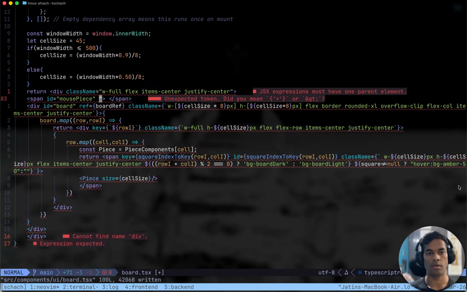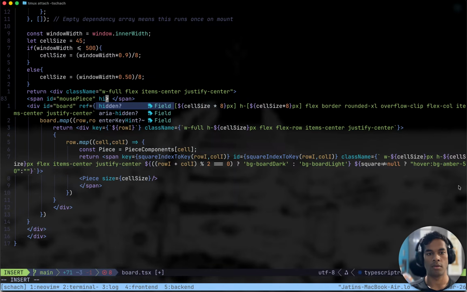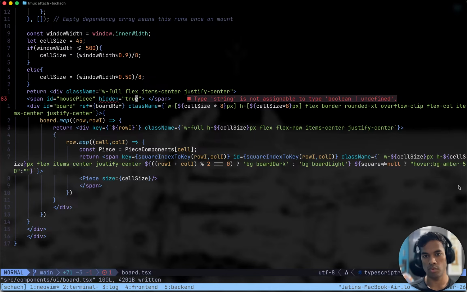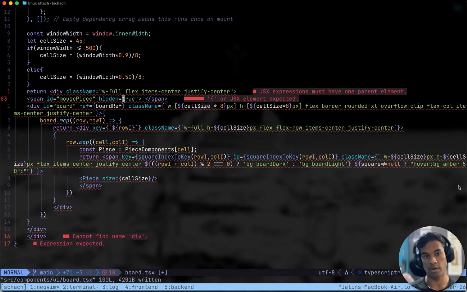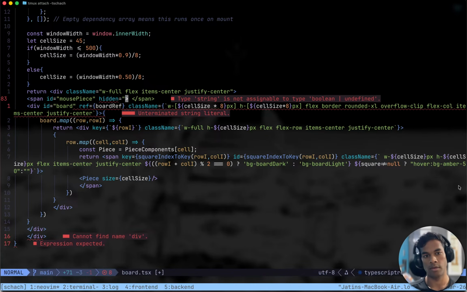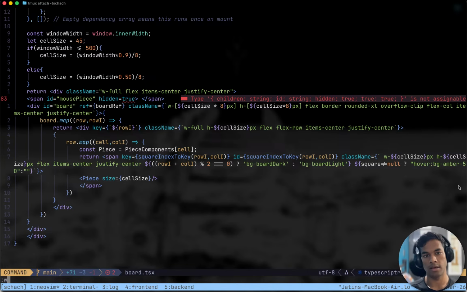Or hidden equals true. String is not assignable to type boolean or undefined. Okay, boolean should work.